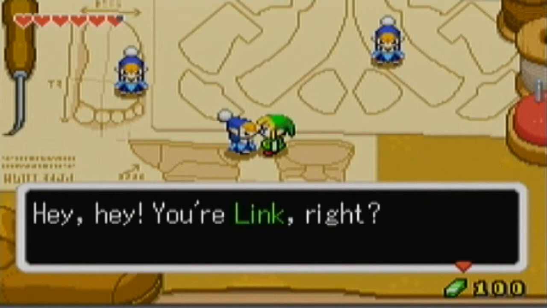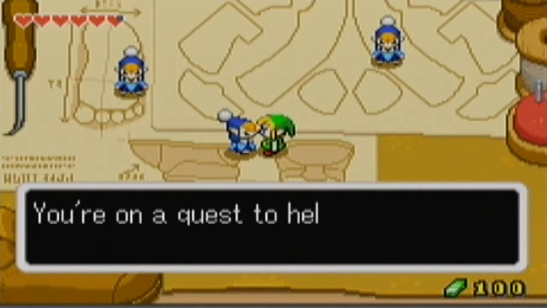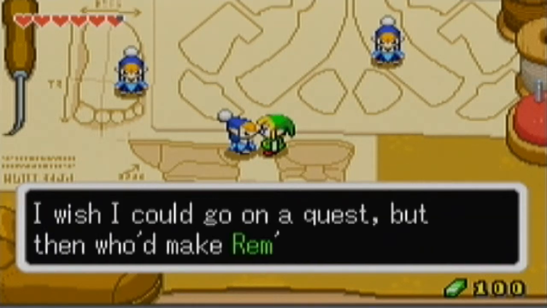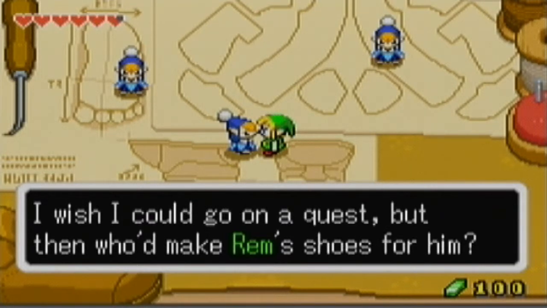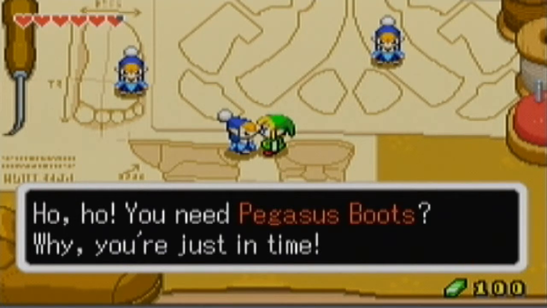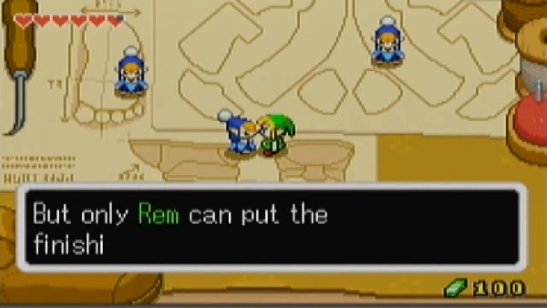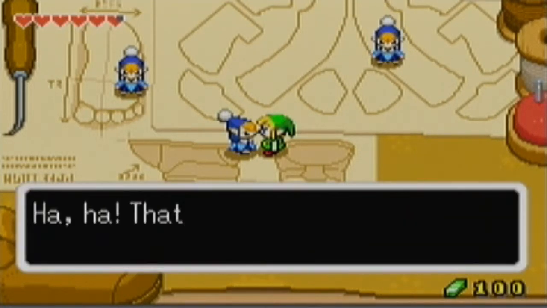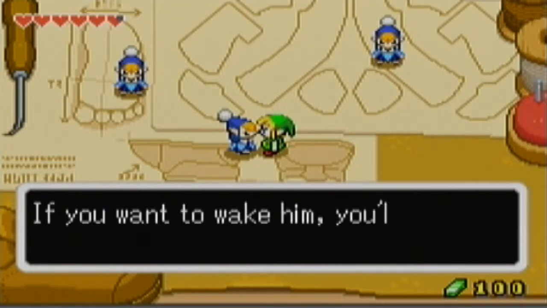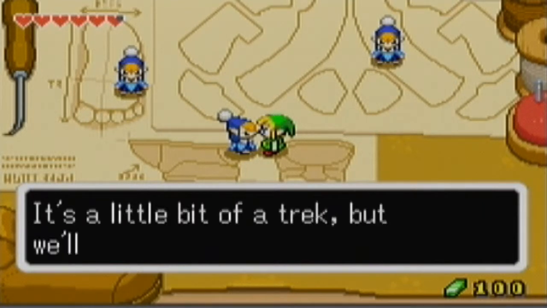Hey, you're Link, right? You're the one who brought the sword to the Master Malari. You're on a quest to help the princess, aren't you? I wish I could go on a quest, but then who'd make Rem's shoes for him? Hello, you need Pegasus boots? Why, you're just in time. We made a pair just now while Rem was sleeping, but only Rem can put the finishing touches on them. Haha, that sleepyhead Rem is nearly impossible to wake up. If you want to wake him, you'll need to get an item from Syrup's hut. It's a little bit of a trek, but...